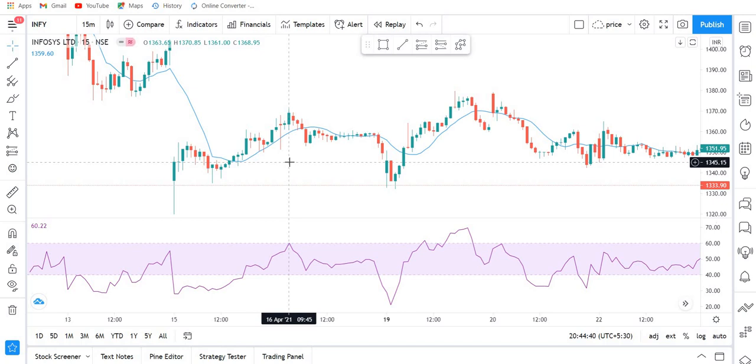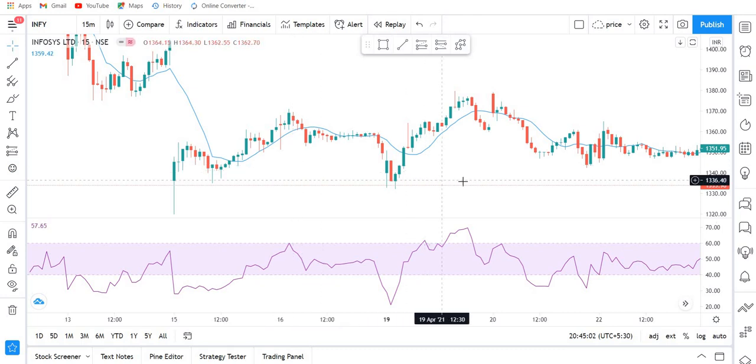And for the short criteria, I have told you RSI must be crossing the 60 level from above and going below, and at that time the candle must close below the 10 SMA. Then on the next candle we'll be taking entry, and the previous candle's high will be our stop loss, and our target will be the first time when RSI touches the 40 level. So this is the simplest trade I can offer. I hope you have also understood the examples.